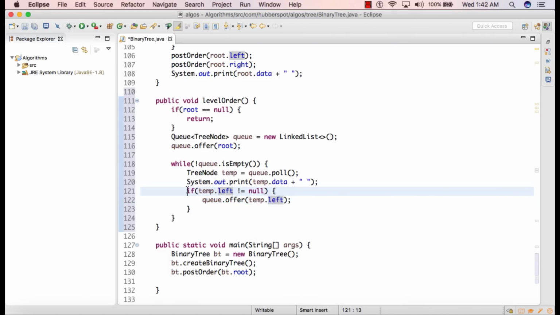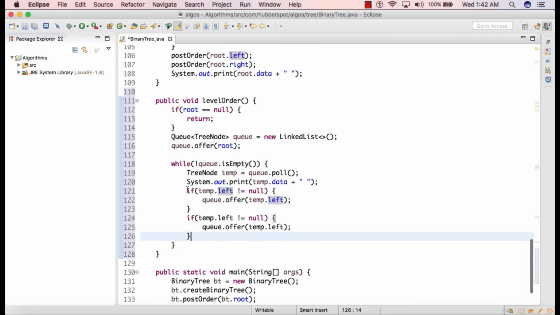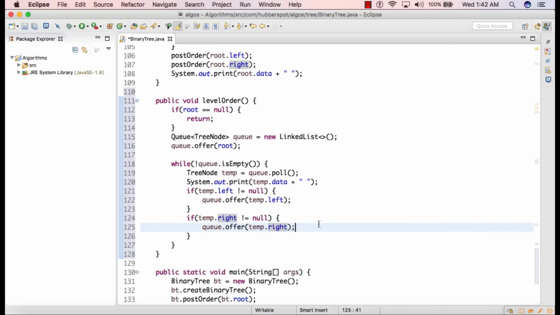And similarly we'll do this for temp right. I will just copy it and make it temp right. So friend, this is the algorithm for the level order traversal of a binary tree. Now let's test its working in the main method.